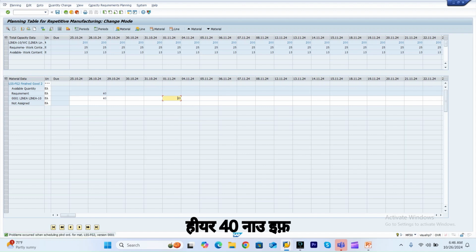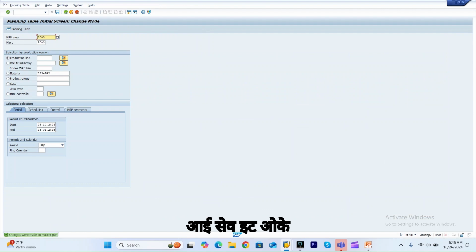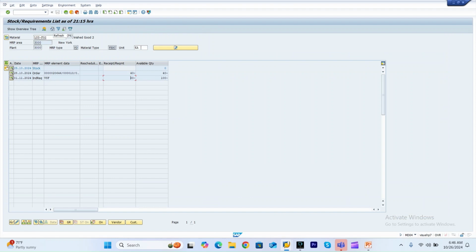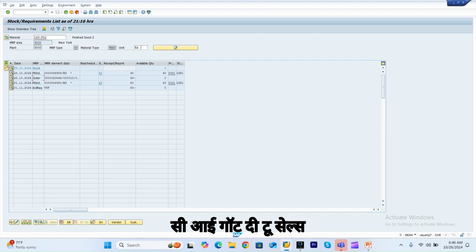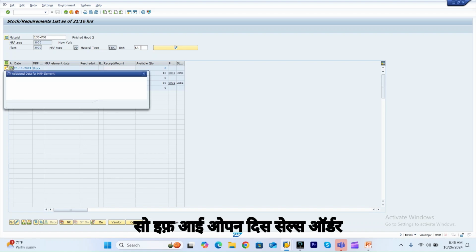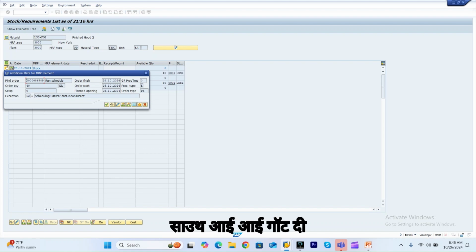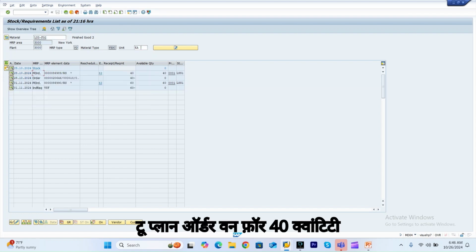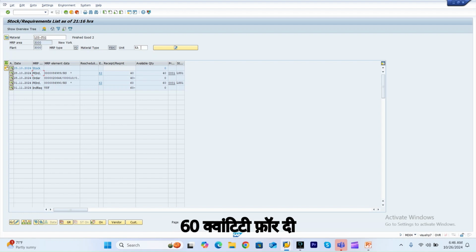Now if I save it, I got two planned orders, one for 40 and one for 60. If I open these, I got two planned orders, one for 40 quantity on the 28th October and one for 60 quantity on the 1st November. If I open this planned order,